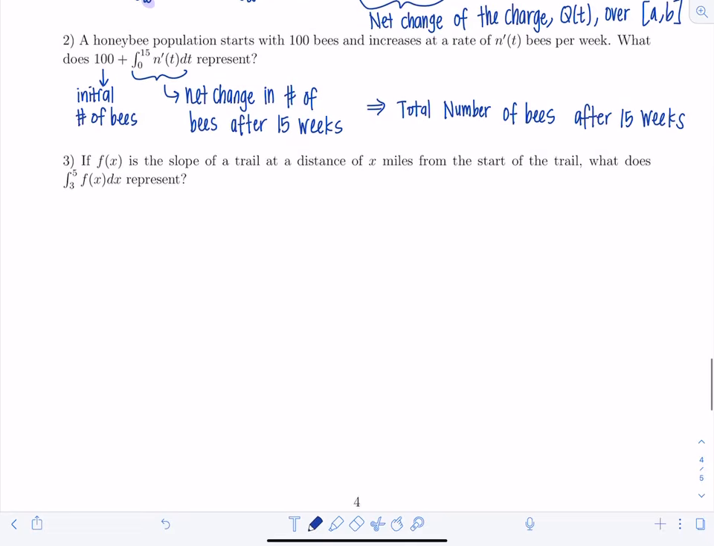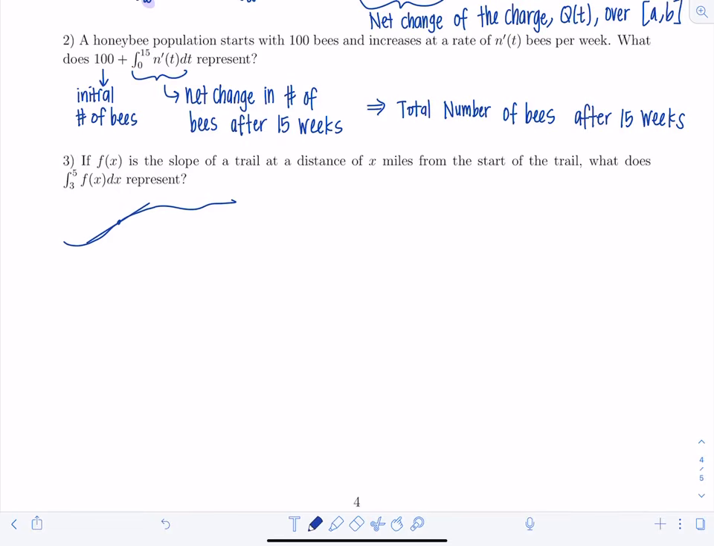One more scenario to apply it to. So example 3, if f of x is the slope of a trail at a distance x miles from the start of the trail, what does the integral from 3 to 5 of f of x dx represent? Okay, well, f of x gives us the slope of a trail. So say you have a trail and f of x gives us the slope,